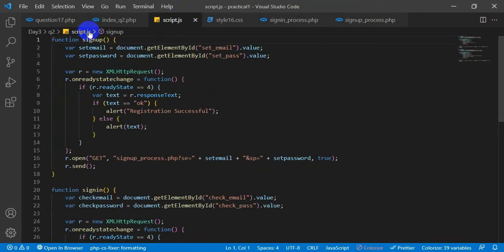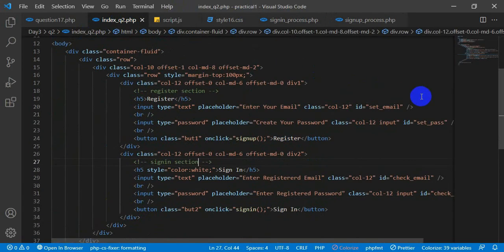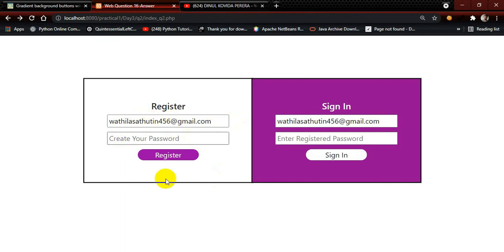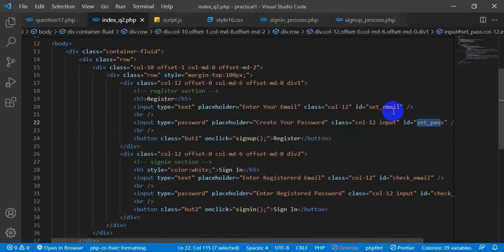I have two input fields which are ID'd as set email and set password. These are two HTML objects, or you can call them input fields, named with the IDs set email and set password.